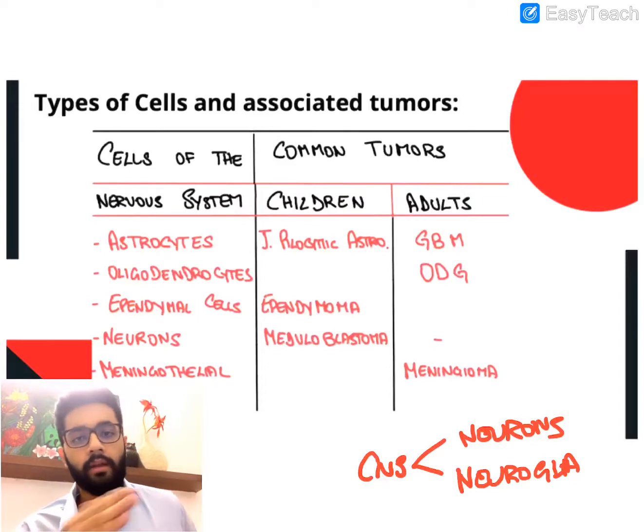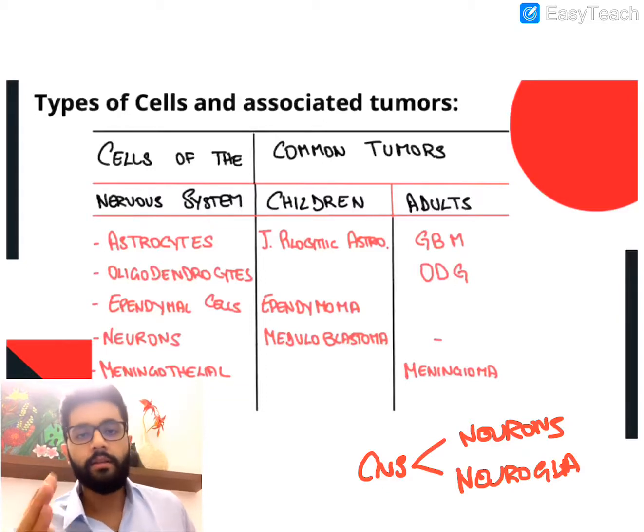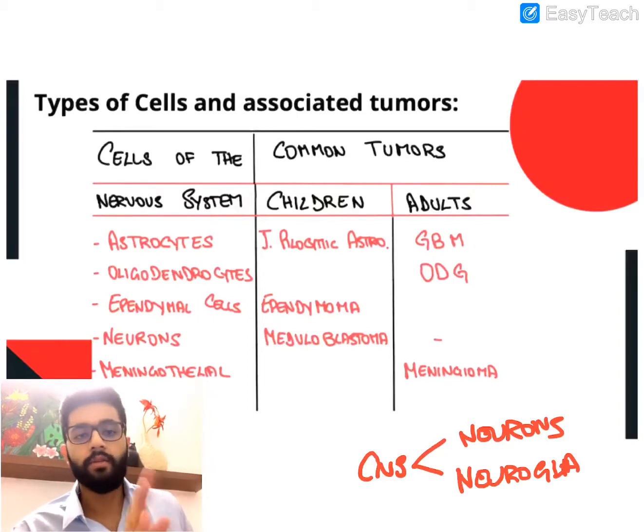You know the brain is covered or surrounded by a meninges, and the cells that are present in this meninges are called meningothelial cells. So these are four important cells you should know about in the nervous system other than the neuron. The fifth type cell is the principal cell, which is the neuron. We will talk about that in further detail a little later. Also, I want to add one more cell to the mix, and that is the Schwann cell.